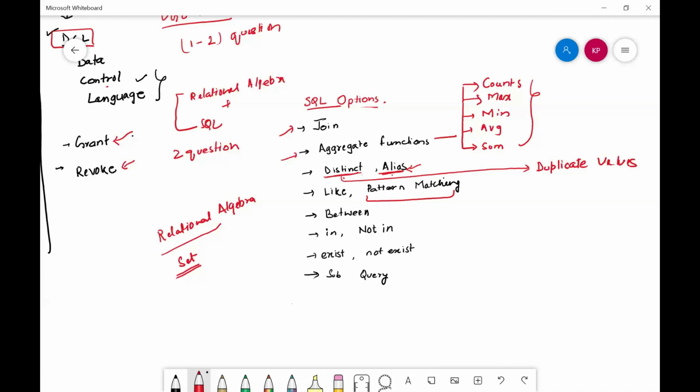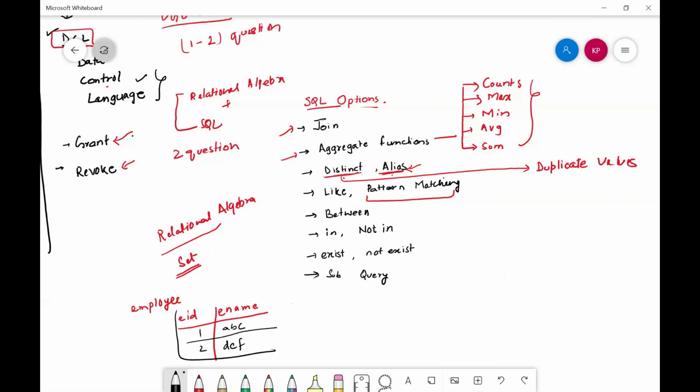For example, suppose we have an employee table with two columns, EID and E-name, and it might contain several rows, say A, B, C, D, E, F with ids one, two.